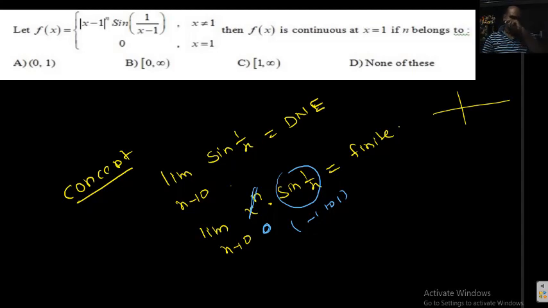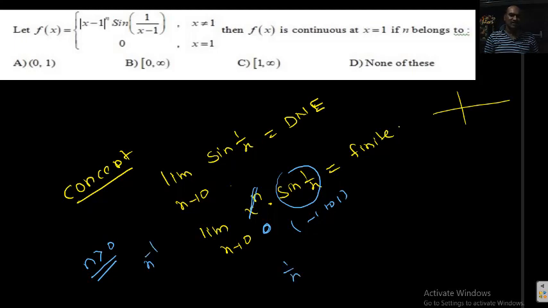Actually, if x is tending to 0, sin(1/x) lies between −1 to 1, oscillating, that too a finite value. A finite value into another finite value means you can't say what happened to the output, but if this xⁿ is 0, then I can say the total function is tending to 0 only. So what values of n? If n is greater than 0, then the total value is tending to 0. For example, n is taken as a negative number, minus 1, for example, x is minus 1.